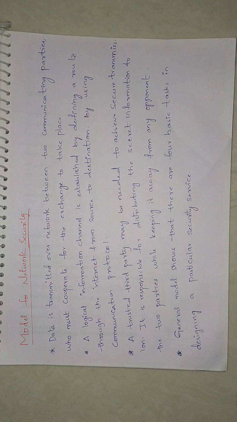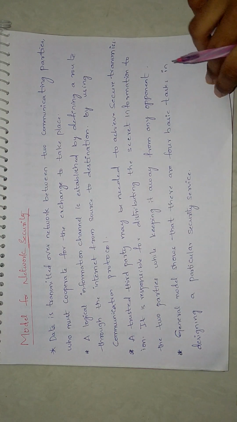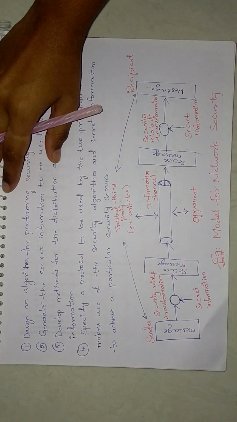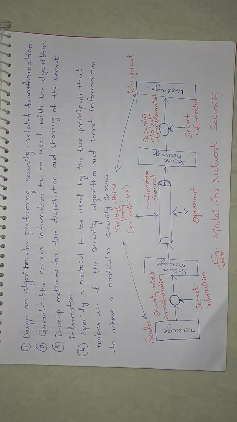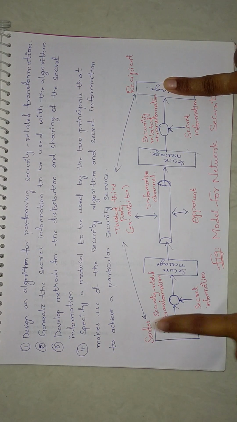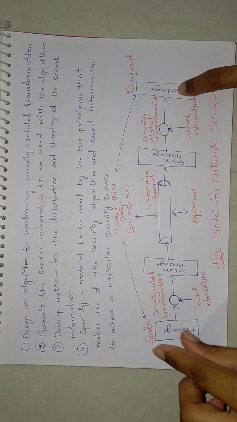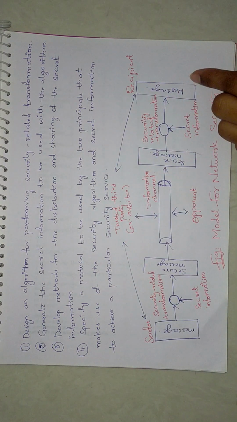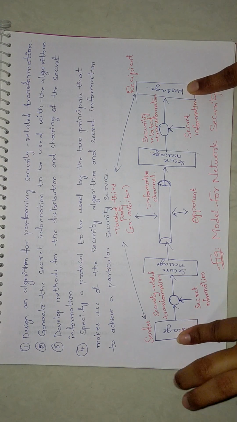First, let me explain with the diagram for the model for network security, and whatever I explained till now is all in the theory part here. You can just make a note of it as well. And now let's see this model for network security. Okay, first remember, this message and this message are the same. This is sender and this is receiver. Whatever message you are sending, that message should be received by the receiver as well. So both these messages will be same. Okay, this is the first point.